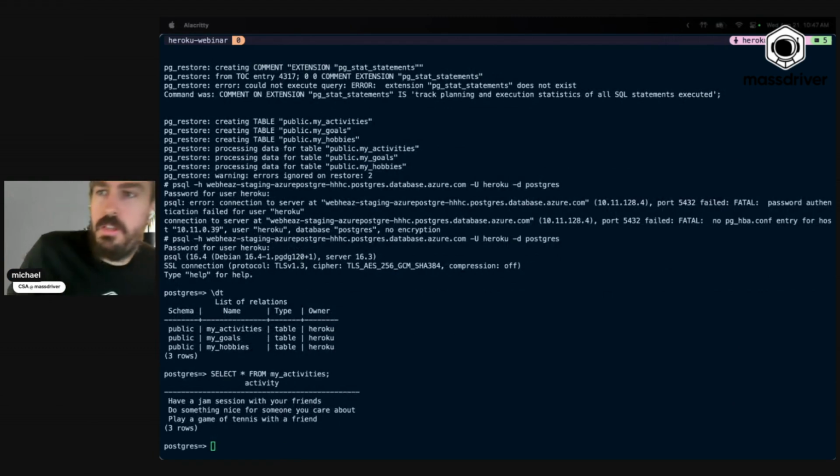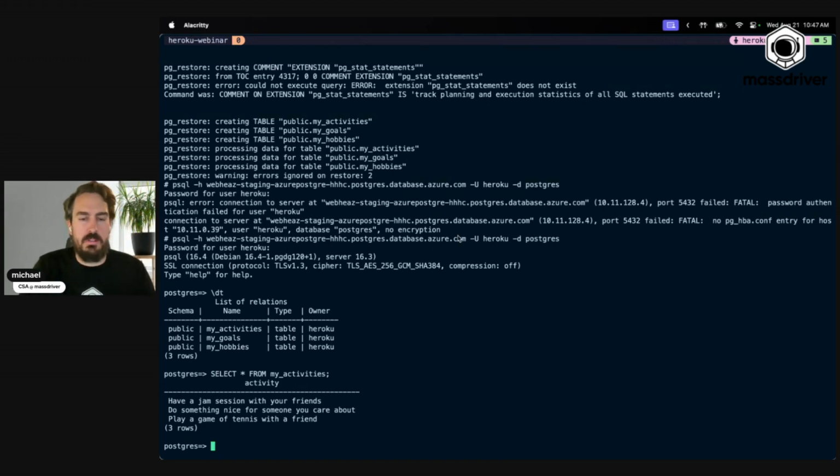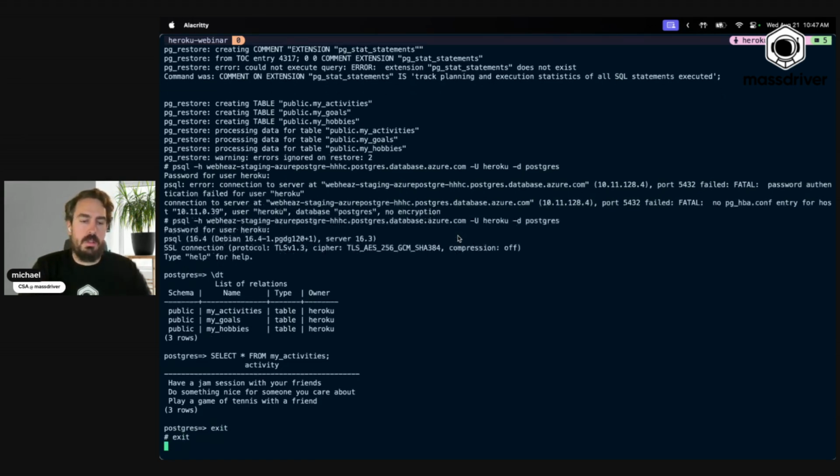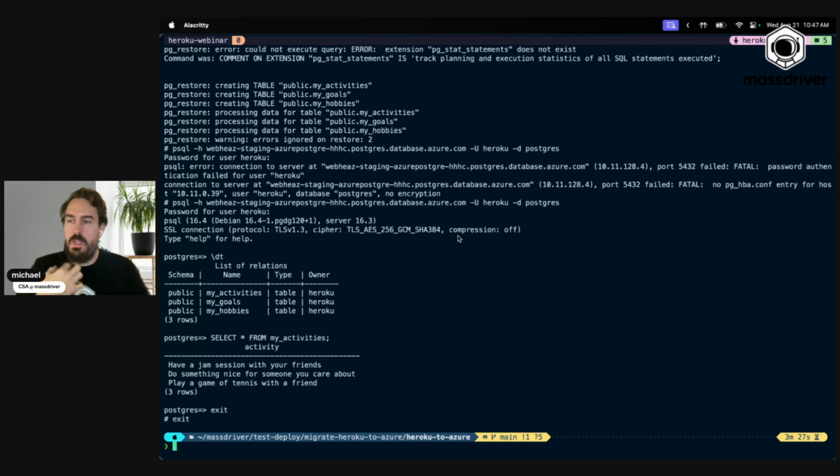Whew. Okay. Thanks for bearing with me on my failed experiment for a custom Docker image. At least we got the database migrated over. It looks good. I got my data. Nothing's lost. So awesome. What I want to do next is actually go through the process of configuring my application